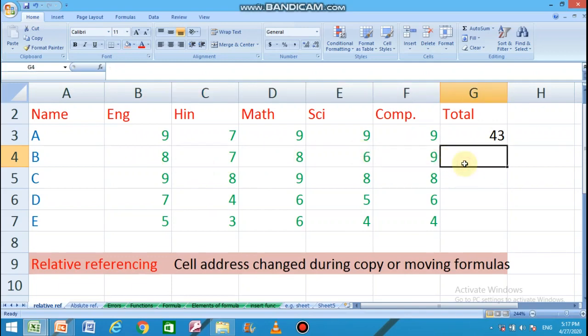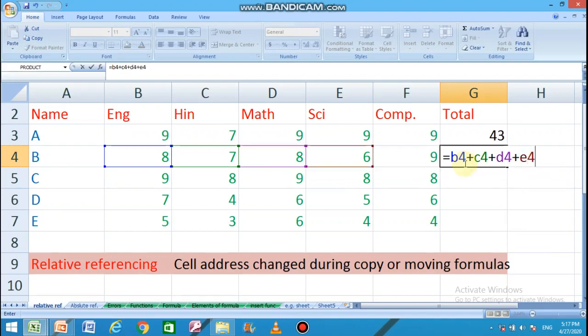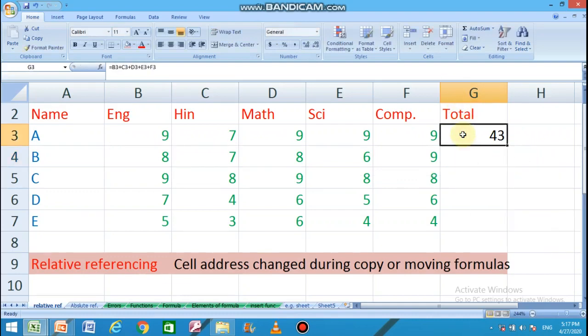So instead of writing the whole formula, B4 plus C4 and so on, we can copy the formula by making the first calculated cell the active cell, putting the mouse pointer on the fill handle and dragging it down to where we want the same formula. Now we can see that all the students have their total marks.